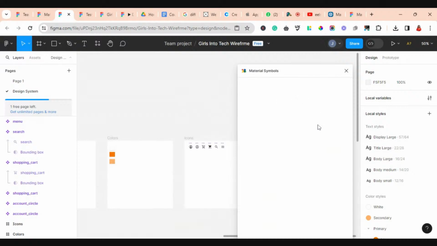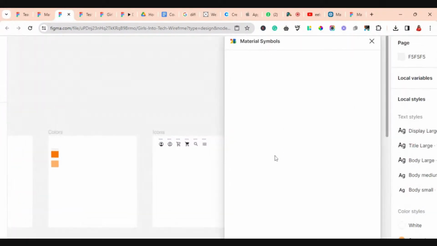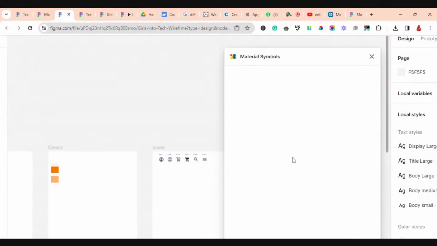So sometimes, even while you are designing, you might notice that you don't have all your icons right within your design system. It's okay to keep bringing them in, right? Just keep bringing them in. Even when you use the icons available